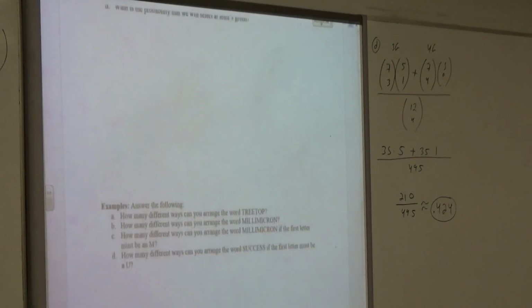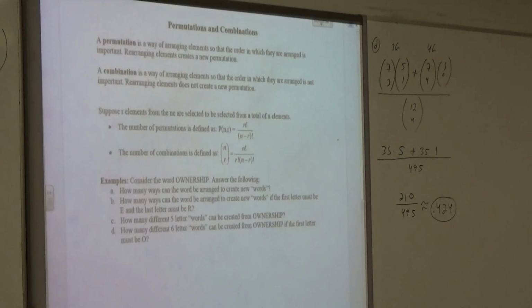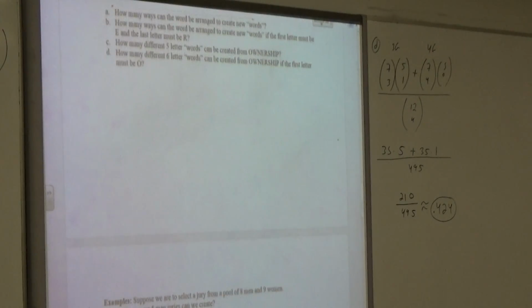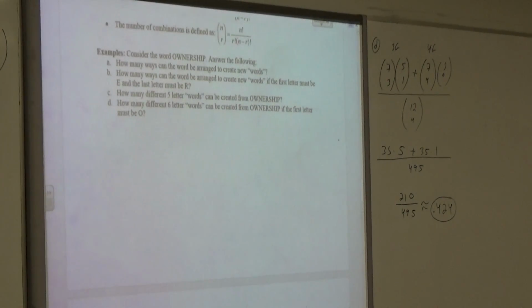So just scroll back a little bit, well, for me it's scroll, for you guys it's flip. Ownership. The first problem we did involving combinations and permutations, we looked at the word ownership, okay? And I think we just used a bunch of permutations, or we used the spacing method, right guys, where we just were able to utilize factorial sometimes, right? Now, I want you guys to flip back